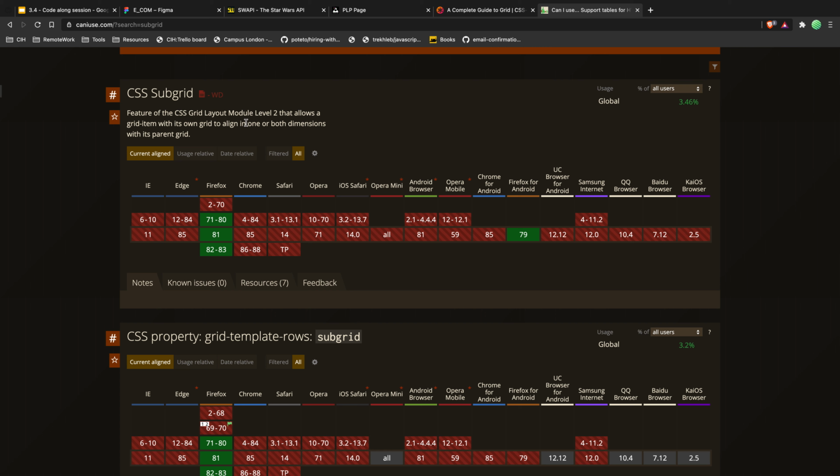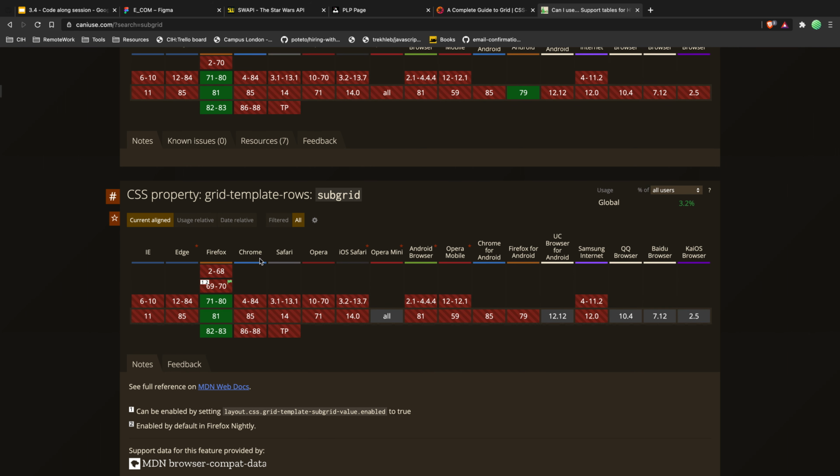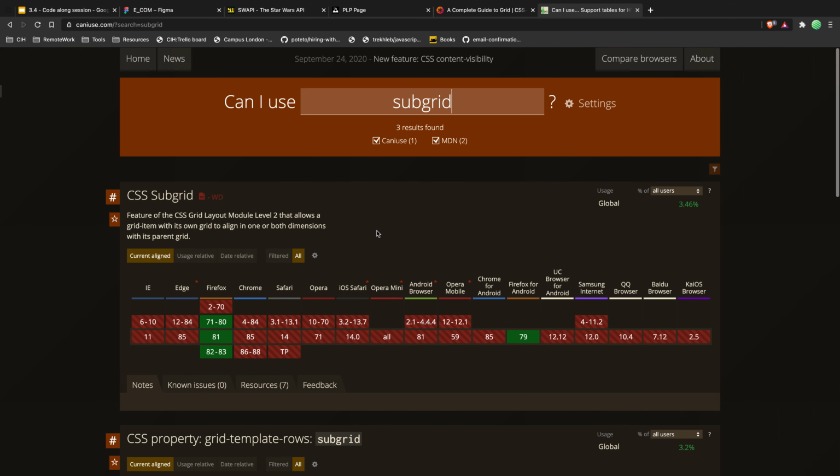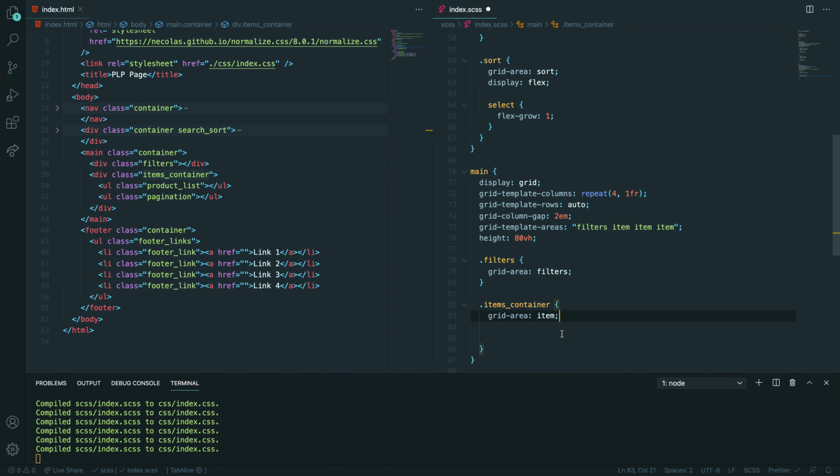Wait a sec. Under features, it says layout, level 2, that I can create an item with its own grid, aligned with the dimensions of the parent grid. Yeah. Let's try, but I think that it will not work. If I set display, create,